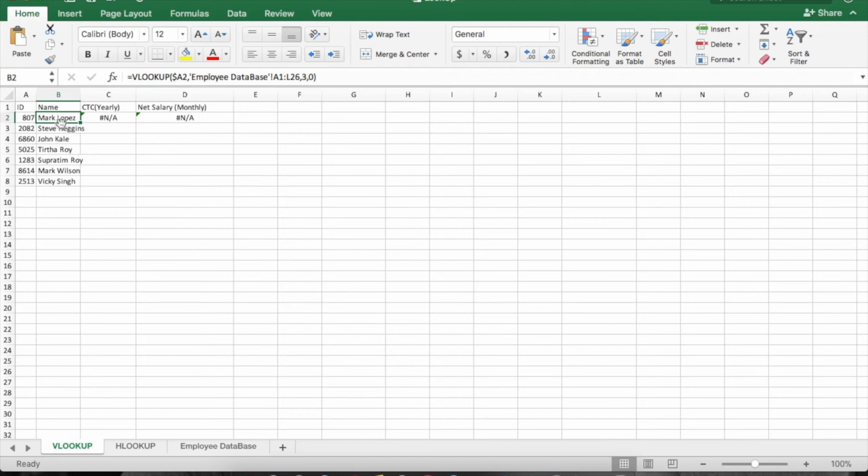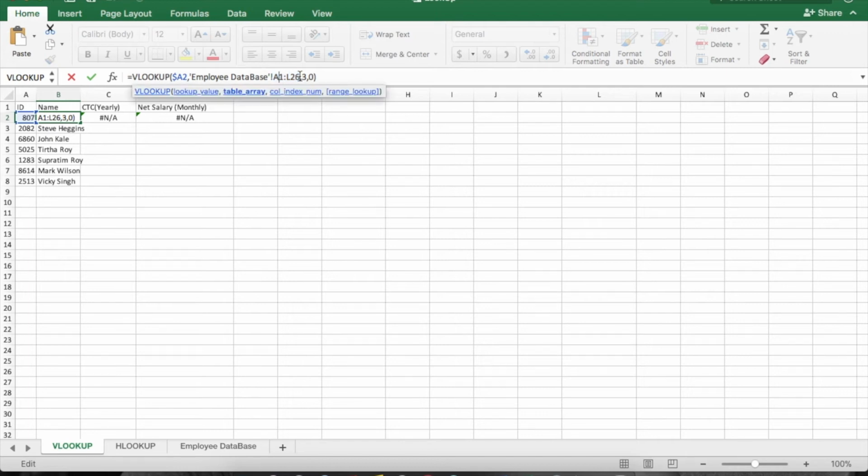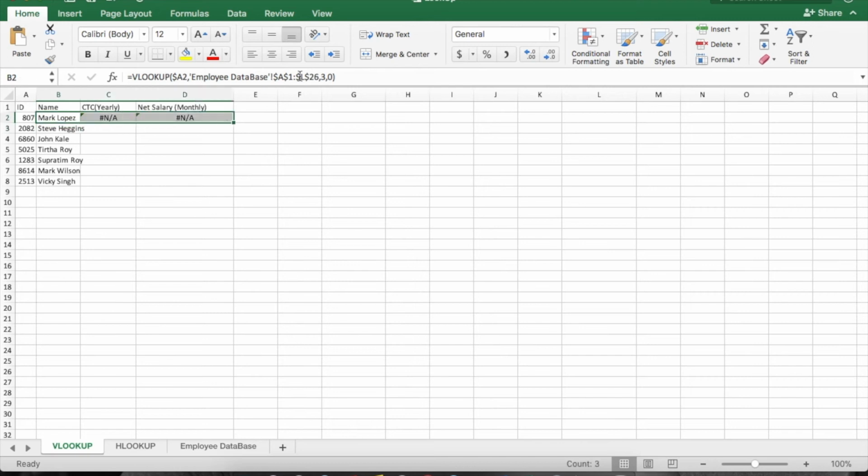Similarly for the table, we need to tell the formula that wherever you go, your table reference will remain from A1 to L26. So we need to put the dollar sign in front of the column as well as in front of the row reference. Then enter. Now if you drag it, everywhere it is Mark Lopez,